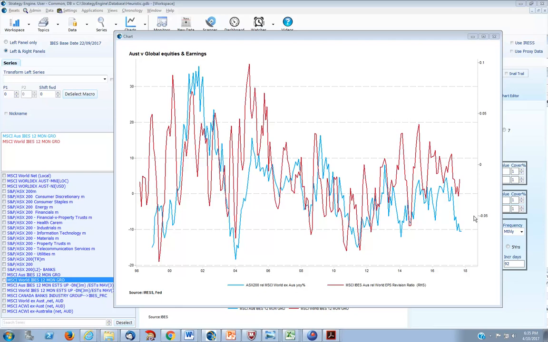So what does that relationship look like over the longer term? It's a slightly different chart we're looking at here, but it's basically Australian equities relative to global equities on the left-hand scale, the blue line. You can see Australian equities underperforming by about 10% over the past 12 months. Now the red line is the relative earnings revision ratio. Clearly when it declines, it should be associated with underperformance of Australian equities, and that has generally been the case. It's a much more volatile series, as you can see. But while earnings revisions have been worse for Australia than they have been for global markets, they probably don't explain the full extent of the underperformance.